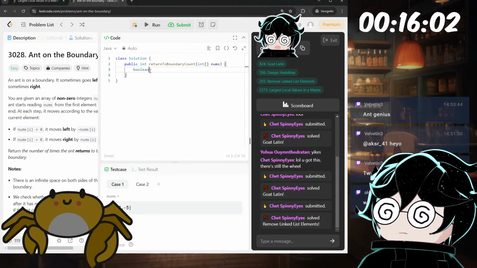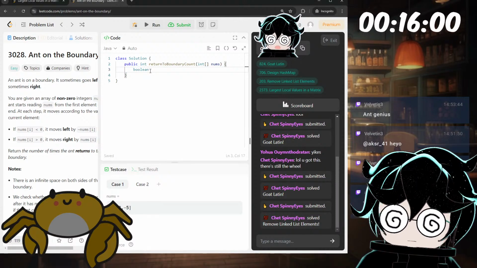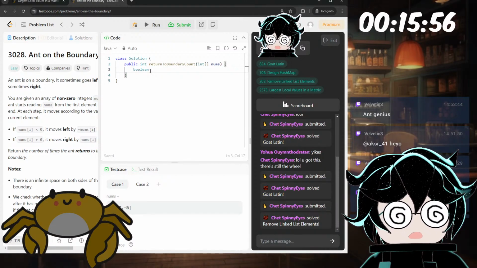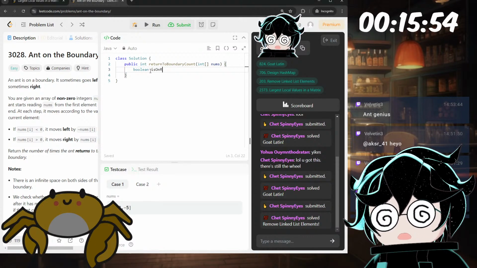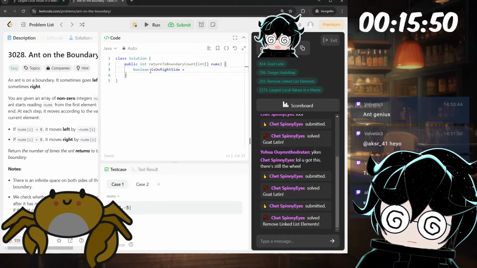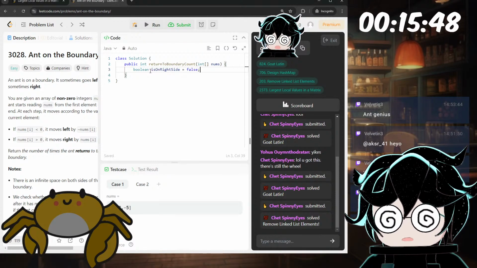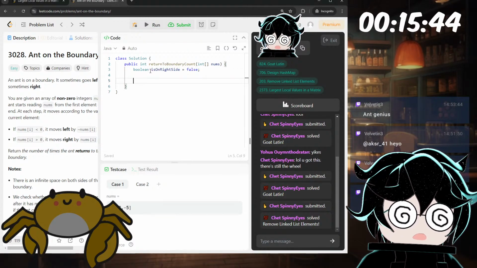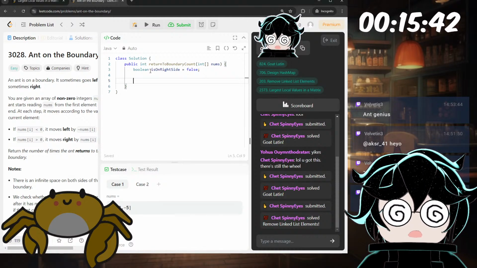So Boolean, we'll just have a variable to track which side it's on. So isOnRightSide is equal to false, I guess. And then after the first element, we'll just check, did it switch sides?